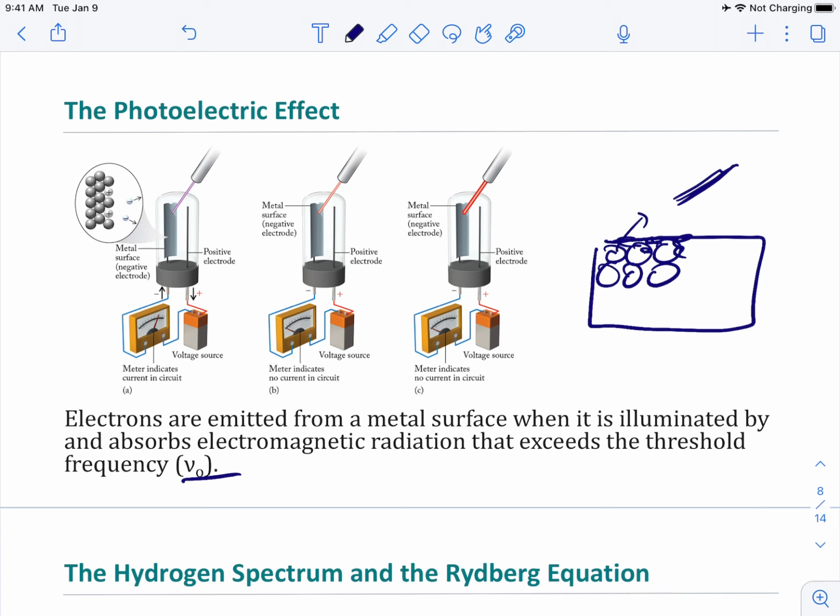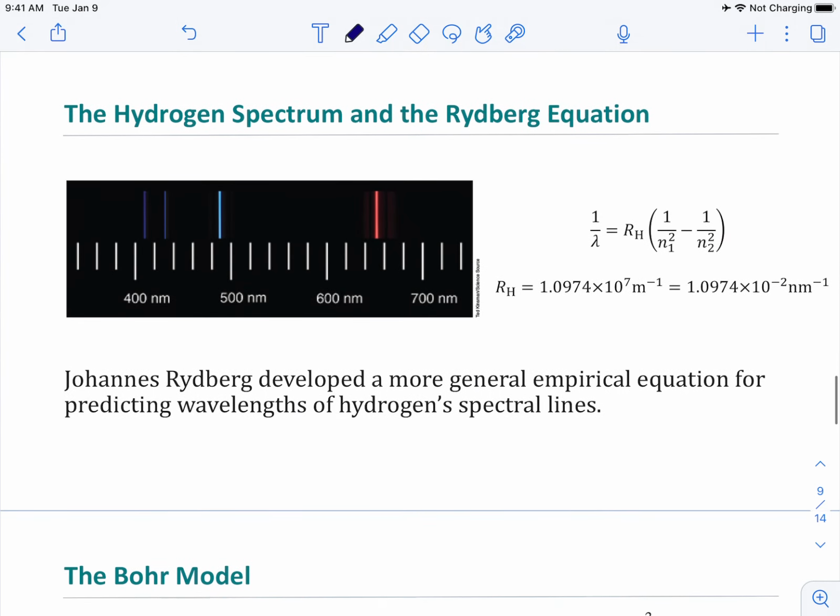So you can imagine a photon has to hit the electron and knock it out. So this gets to the idea that a wave has particle characteristics, because if it was wave-only characteristics, you would say, well, the electron will just keep absorbing that wave until there's enough energy to bounce off of the glue that he's talking about. But no, that's not the case. It's individual photons that are bombarding it. So a photon has to have the correct energy to dislodge it, and that's the key. So we take this further